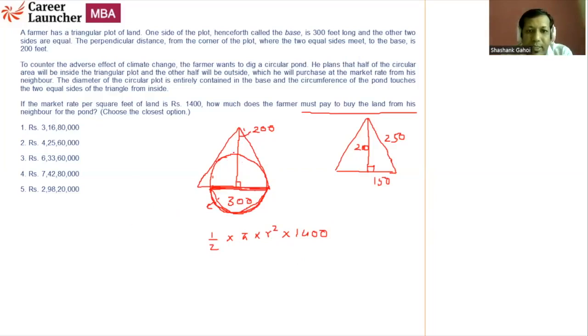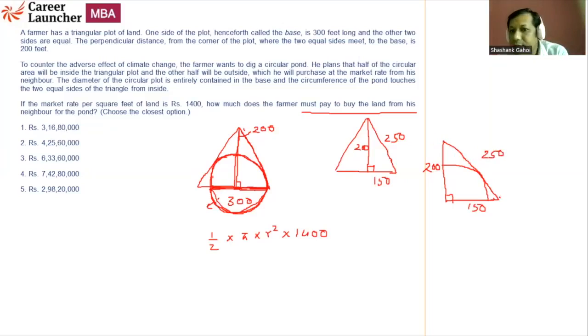Now, it is an isosceles triangle, and I am drawing the whole circle. So this is going to be a quarter circle, and this is also going to be a quarter circle. This triangle is going to be a right angle triangle. So I am going to draw the right angle triangle separately, and in that right angle triangle I am going to draw the quarter circle and then find the radius. Now this length is 150, this length is 200 and this length is 250.